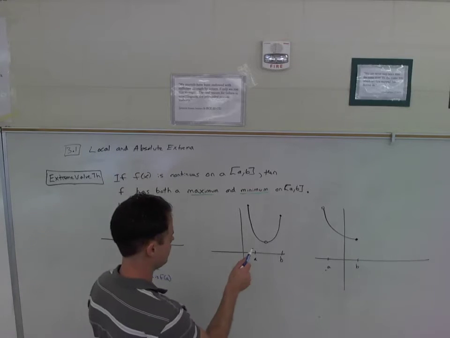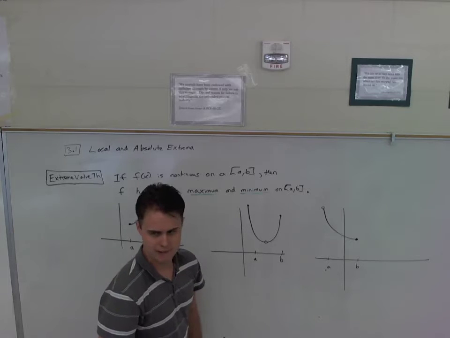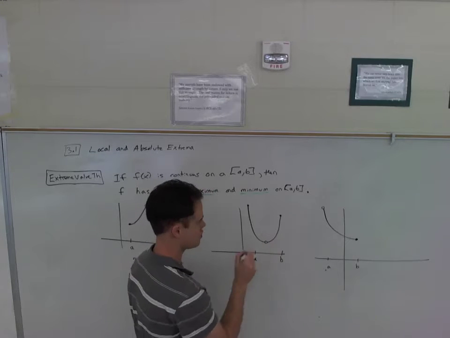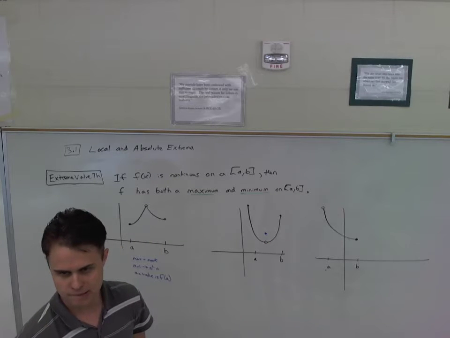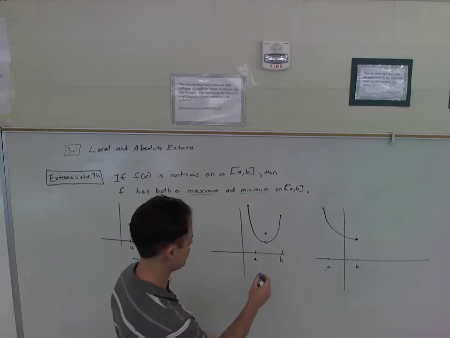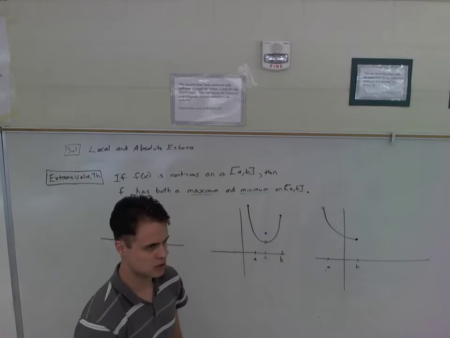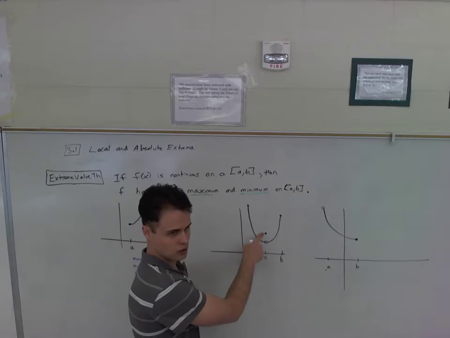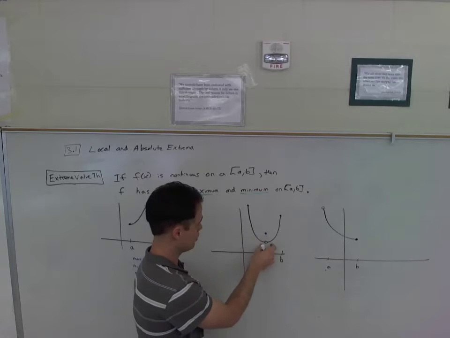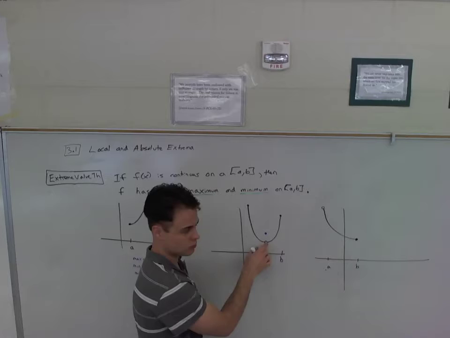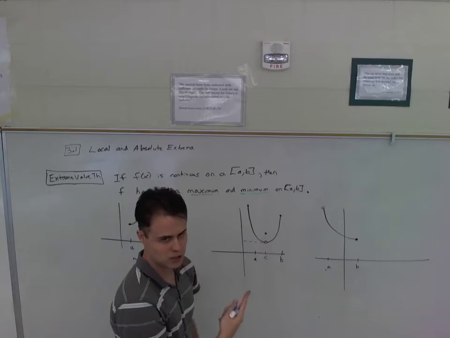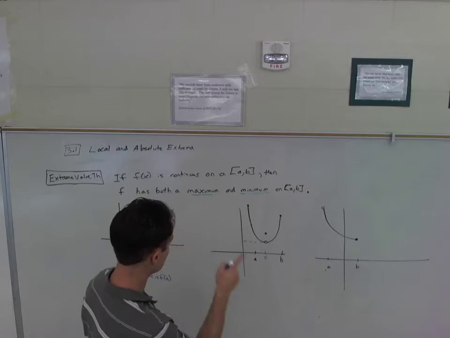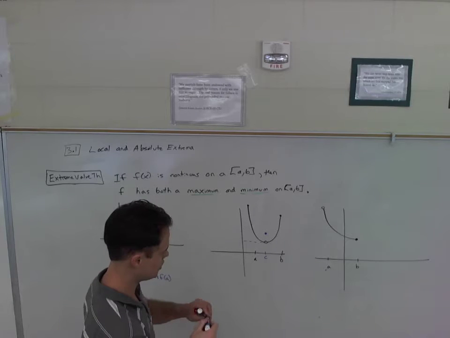Okay, this one. Min and max. It's not continuous, right? This guy is not defined. How about if I do that to help you out? It's still not continuous. Does it obey condition 1? Does it exist? Let's call this point C. Yes, it does exist. Does the limit exist? Yes, the limit is that value. But the point doesn't equal the limit, so it's not continuous there, therefore it doesn't satisfy the hypotheses,